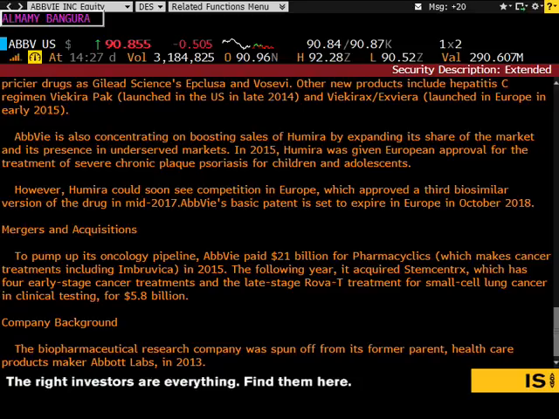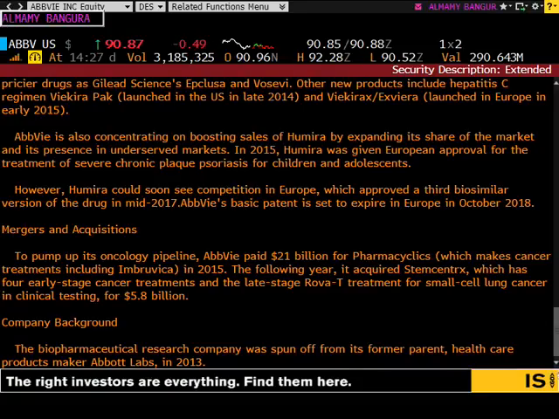So specifically, in 2015, they spent $21 billion for a company called Pharmacyclics, if I can pronounce that right, that makes Imbruvica. And in 2016, they bought for $6 billion a company called Stemcentrx, which makes Rova-T and something else, right? And that is going to be important to the AbbVie valuation and as-is for 2 reasons. Number one, it's going to be important because that explains the acquisitions of the goodwill if you're talking about their CFI, right? And number two, if you go to EEO,